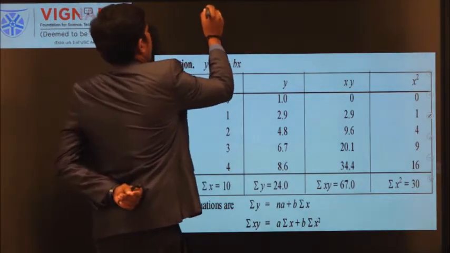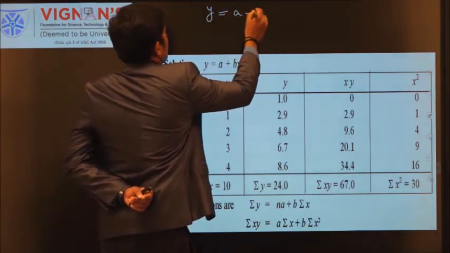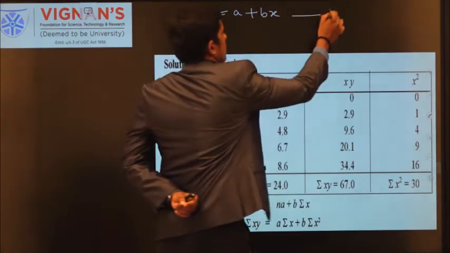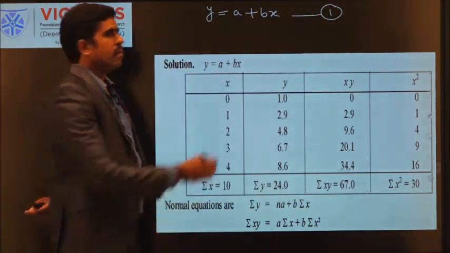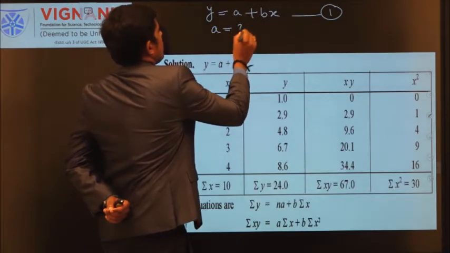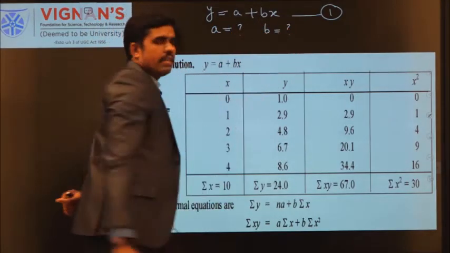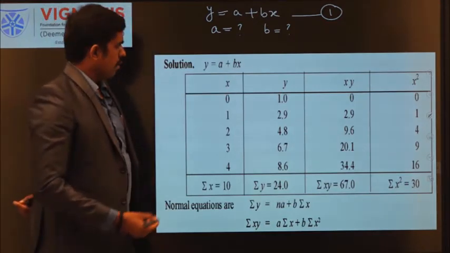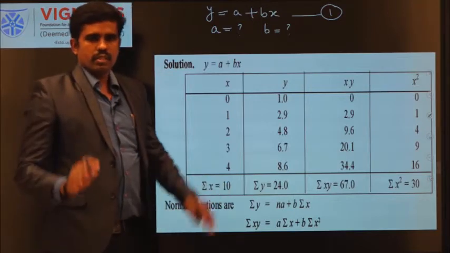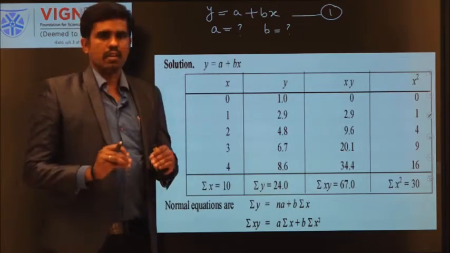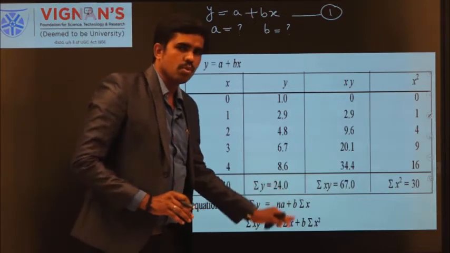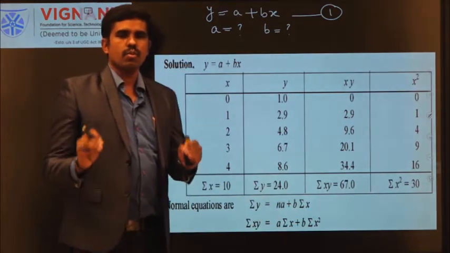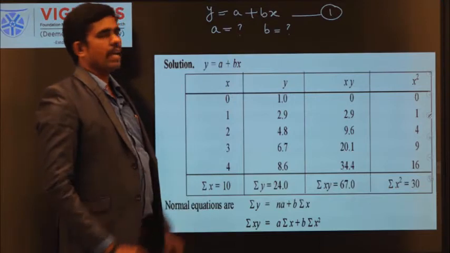First you write, I need a straight line y is equal to a plus bx. I am going to find this a plus bx, so I can call this equation 1. What is our aim? Our aim is to find the value of a and the value of b. How am I going to find them? I am going to use the normal equations, where the setting is already there. No need to bother. You have two normal equations. Normally we call those equations normal equations. By using those two equations, we are going to find this a and b.